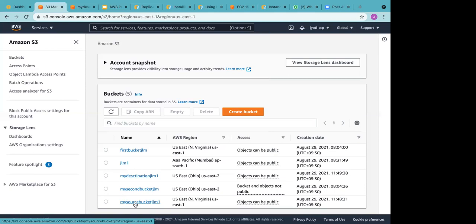Okay, and we saw two options. You can copy data from one S3 bucket to another S3 bucket either in the same account, in regions of the same account, or in a different account. So for practice, we picked the same account, but the region was different. After creating the rule, we uploaded another file in our source bucket, and we saw the same thing got added to our destination bucket. We didn't have to do anything manually. It got added automatically.